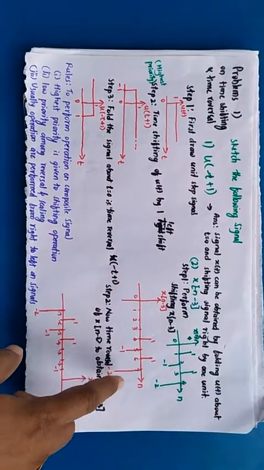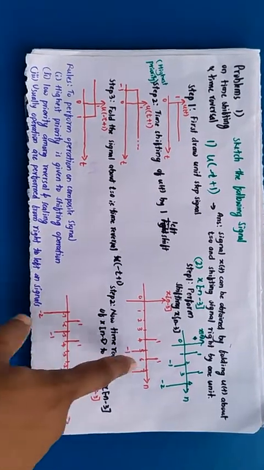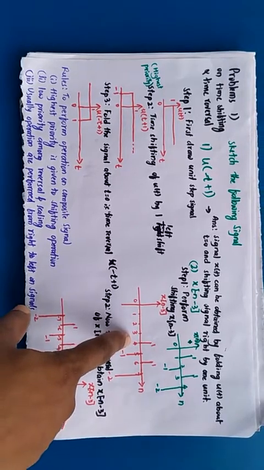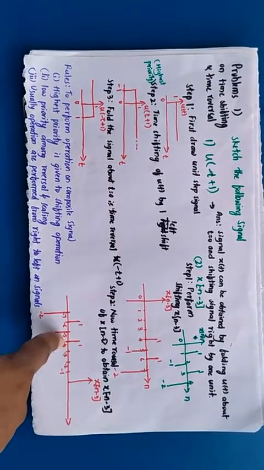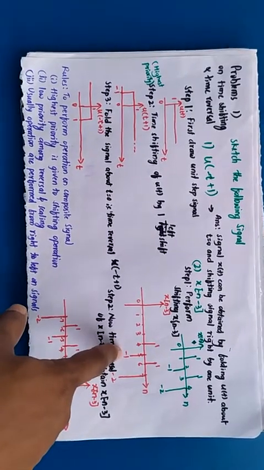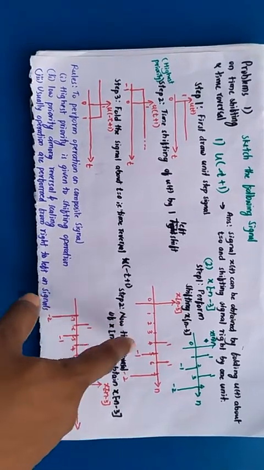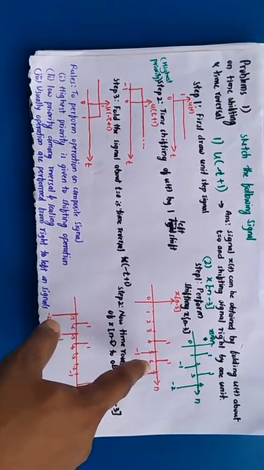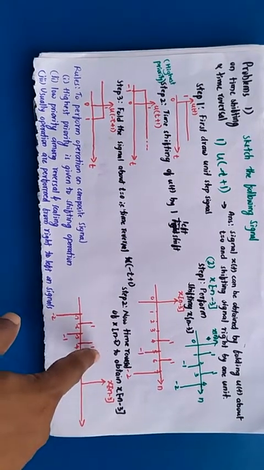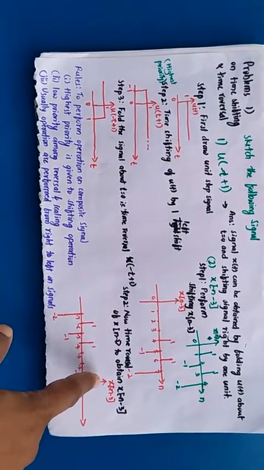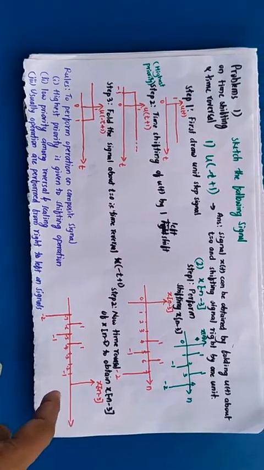So you can see here, at n, whatever values it was there, the starting value is 4 here, at plus 4 we have 1, so here at minus 4 we will get 1. At 5 we had minus 1, at minus 5 we will have minus 1. At 6 it was 1, here at minus 6. And at 7 we had minus 2, so here at minus 7 we will get minus 2. So this is the output, this is the solution for the given problem. Okay, so I hope it is clear to you.